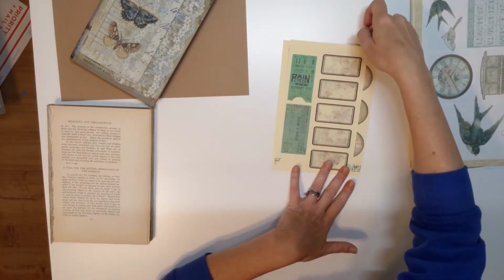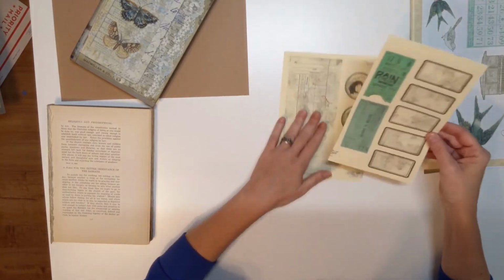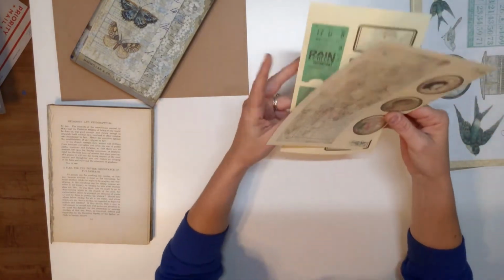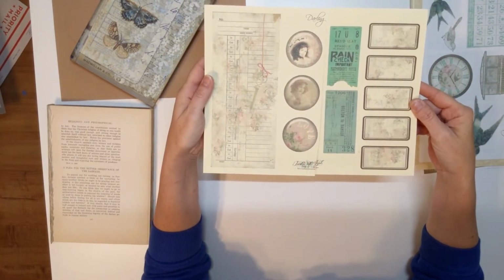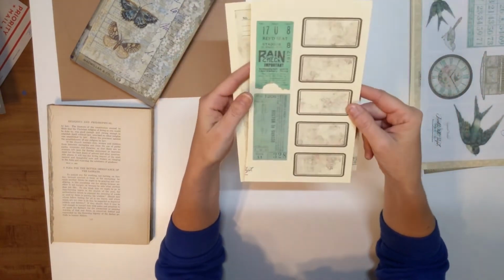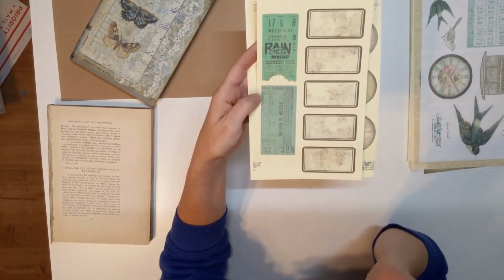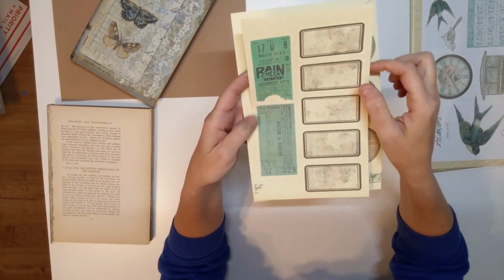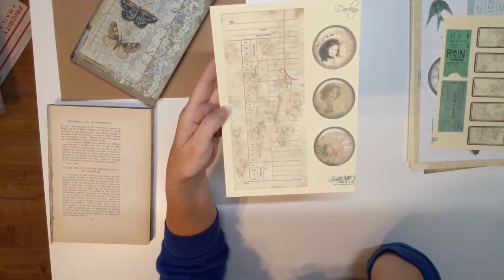And then I cut this one in half. So it actually goes together. Let me pull it up here. It actually goes together like this. But I went ahead and cut it in half so that way it's a little quicker. So you get some labels and you get some tickets. And then you get some circles, and then you get a